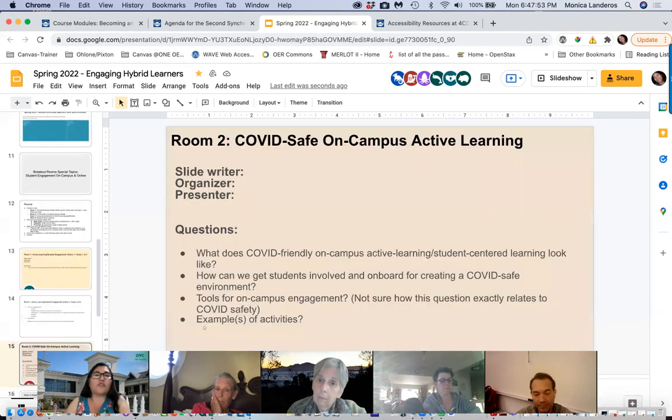So let's see, what else do we have? We have the COVID safe on campus. So again, what does that mean to have a COVID friendly campus? I don't know if you've noticed, but when you're with a group of friends or family, you're all very cautious at first. That's me. I got my mask, I got my gloves, I'm cautious. After about, I want to say about an hour,